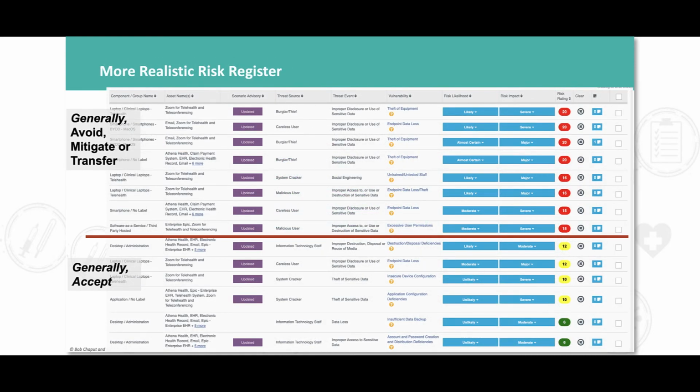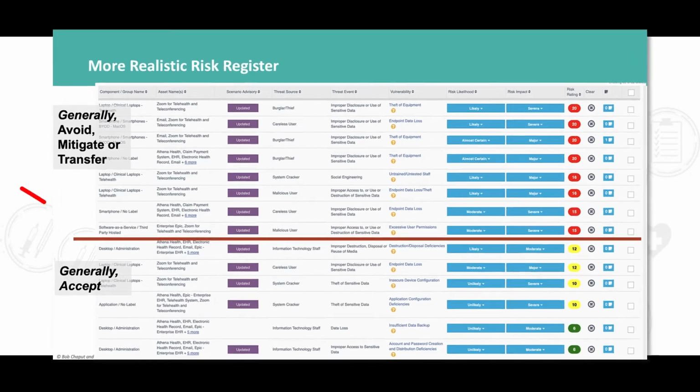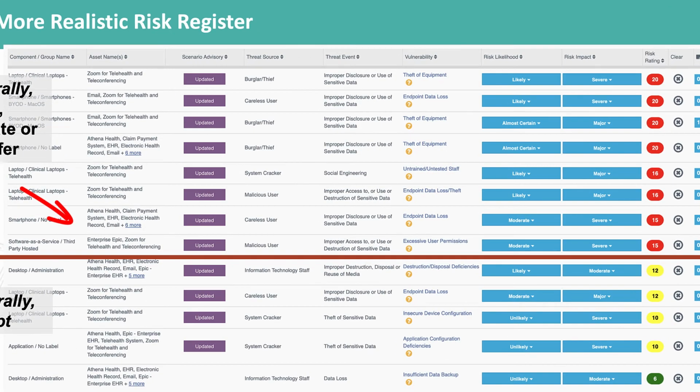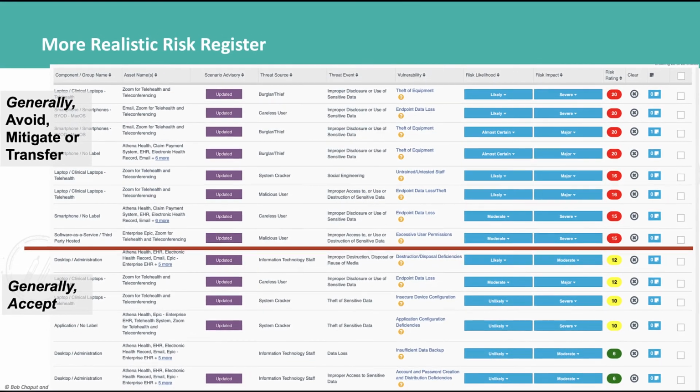Here's a view from the risk register perspective. In this scenario, the risk appetite is set at 15. This is the line that the organization has drawn, below which it will accept risk, above which it will treat risk. And by the way, a real risk register, this is a screen grab out of a software solution that we offer, might include hundreds or thousands of risks. Most likely, you will accept the majority of risks identified. Of course, that depends on where you set your risk appetite.